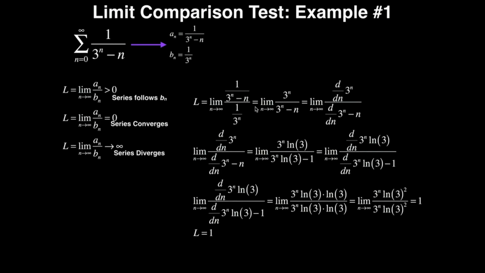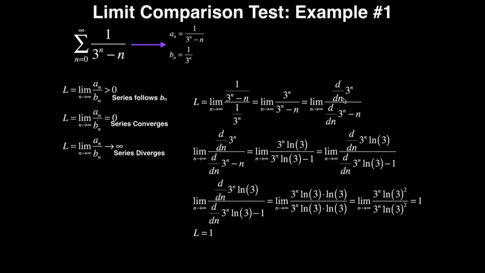We can actually rewrite it as the limit as n goes to infinity of 3 to the n divided by the quantity 3 to the n minus n. All right, now, if we were to simply plug in infinity here, we would have infinity over infinity, which is indeterminate form. So this is a perfect opportunity to use L'Hopital's rule, in which case we take the derivative of